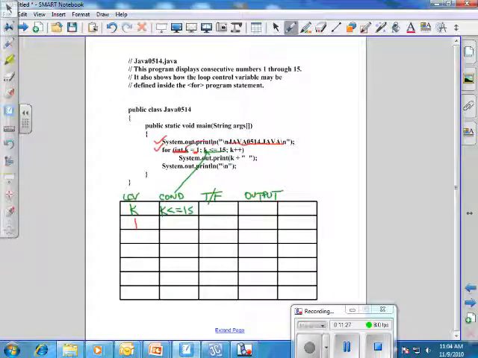Then I go into my condition for a for loop. So my condition is k less than or equal to 15. I replace my k in my condition with my value that is in memory right now. So k is 1, 1 less than or equal to 15. And I test that condition right now. Is 1 less than or equal to 15 true or false? It is true. Since that's true, I'm going to drop into the program